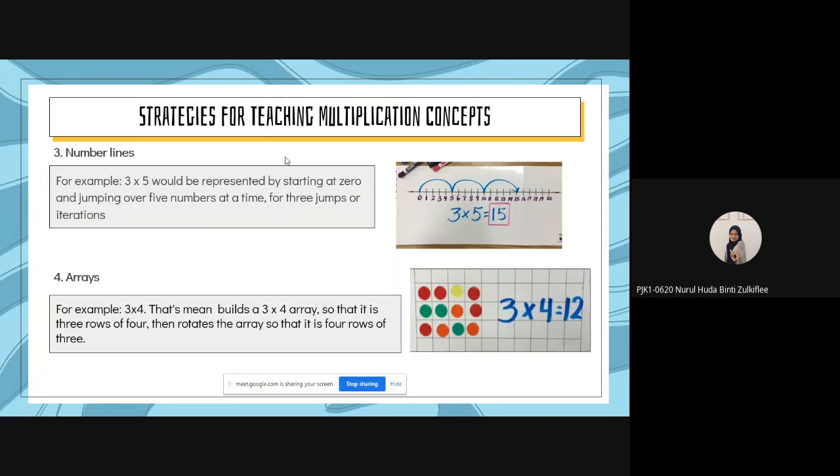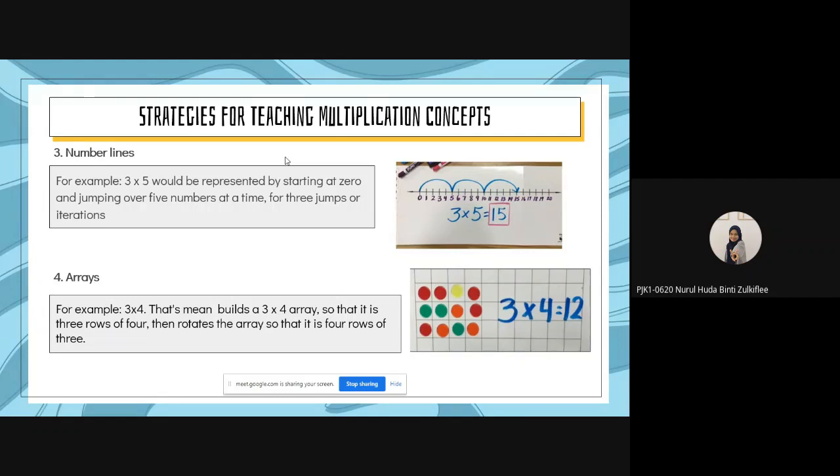As you can see in the picture, 0 to 5, 5 to 10, and 10 to 15. So it actually skips 5 numbers 3 times. Or we can do the same for 3 added by 3, for 5 times. And next is